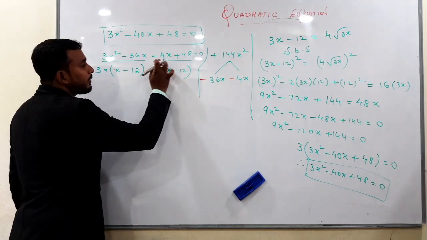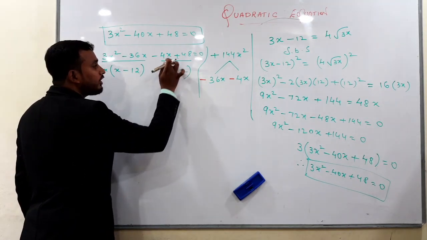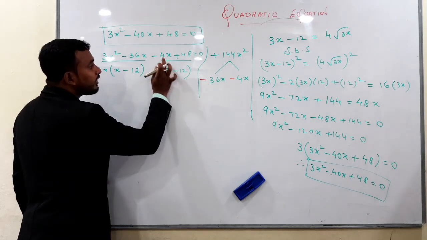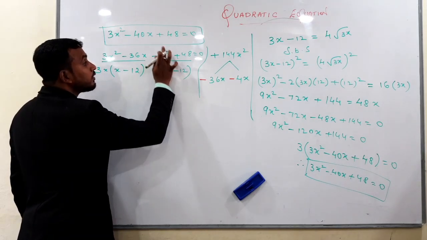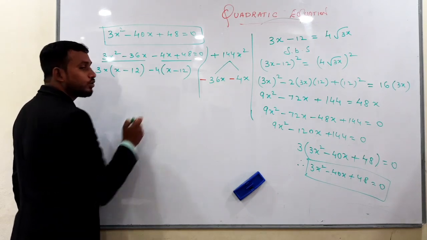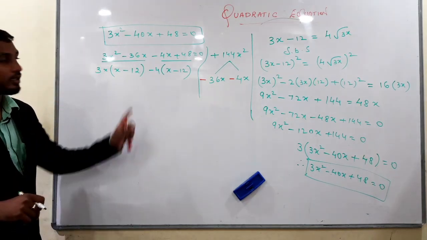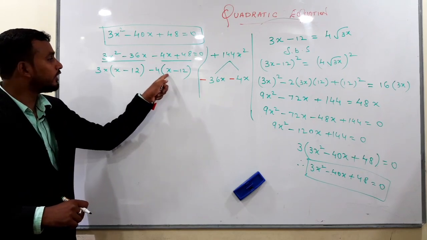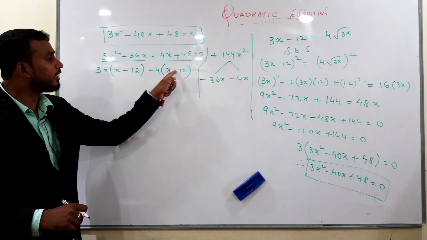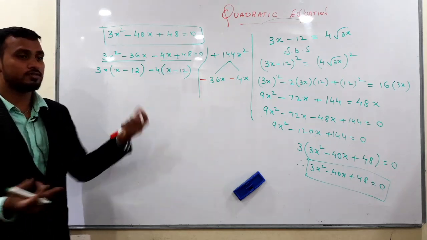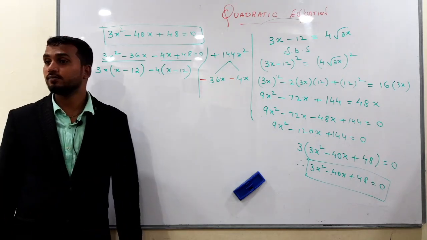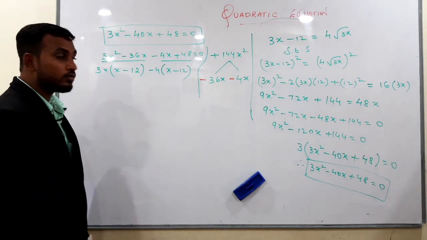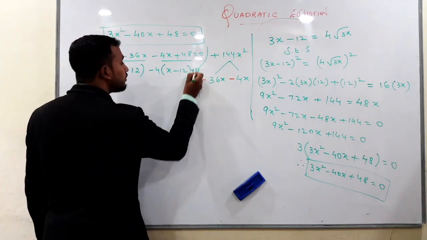Now look here, this pair, see this pair, already this x is inside. So what is outside? Put this minus 4 out. Now check, multiply, you will get this only. Minus into plus, minus. 4 into x, 4x. Minus into minus, plus. 4 12s are 48. Concept clear. Understood? That is equals to 0.